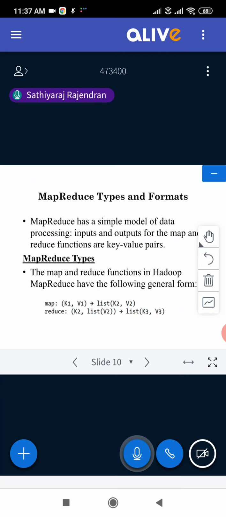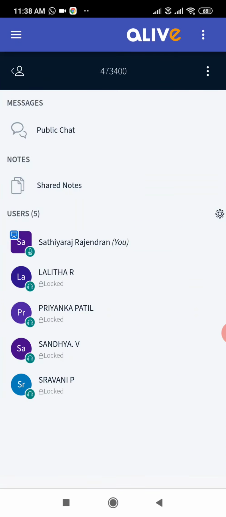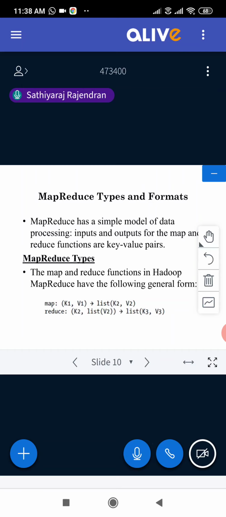So here the two most important subtopics are the map side and the reduce side. The next part is task execution. When I talk about task execution, I need to talk about the task execution environment, and second, speculative execution. So these are the two topics under task execution. The last topic of module 4 is MapReduce types and formats. What are the different input and output formats in MapReduce? Let us see one by one.